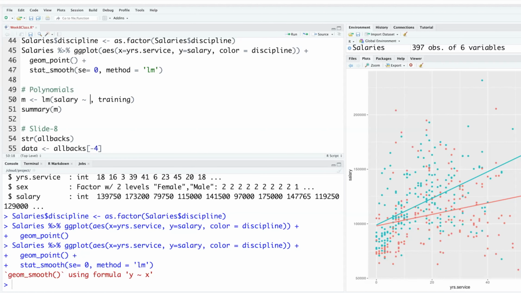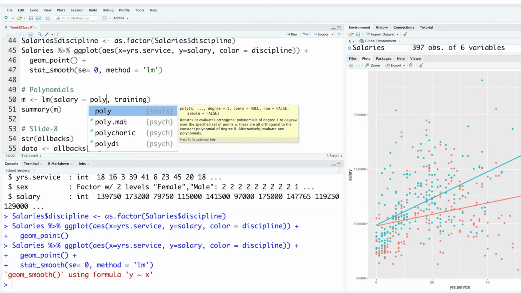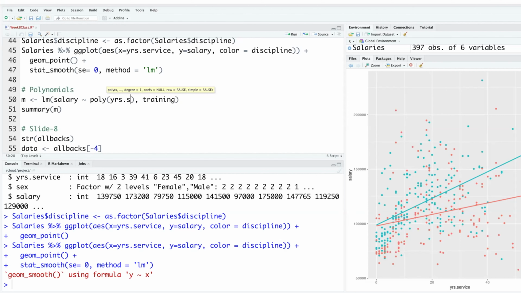So how do I do that in R? We use a function called poly, and then years service, comma, I'm only going to use up to 4 just because it is easy to do. We should not go overboard by going to the power of 10 or to the power of 20.